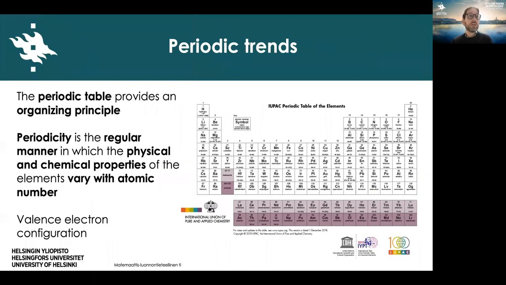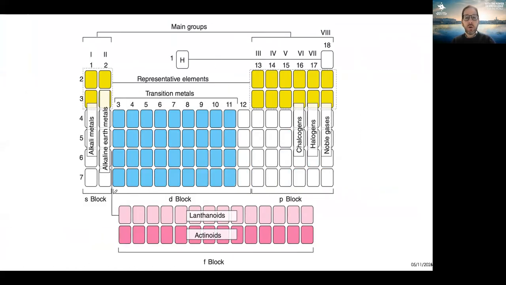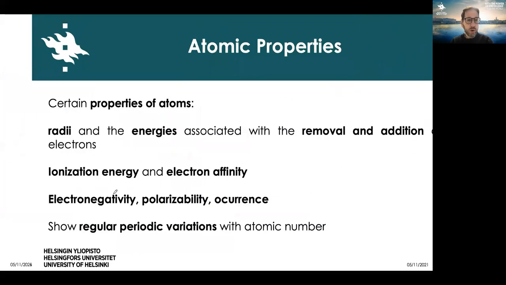So we have seen that the periodic table, therefore, provides an organizing principle for the elements, in which the definition of periodicity is the regular manner in which physical and chemical properties of the elements vary as a function of the atomic number. And just by looking at the position of each element in the periodic table, we can already know what is their valence electron configuration. So as we saw, this is the general organization and labels for the elements in different places in the periodic table, which we covered in